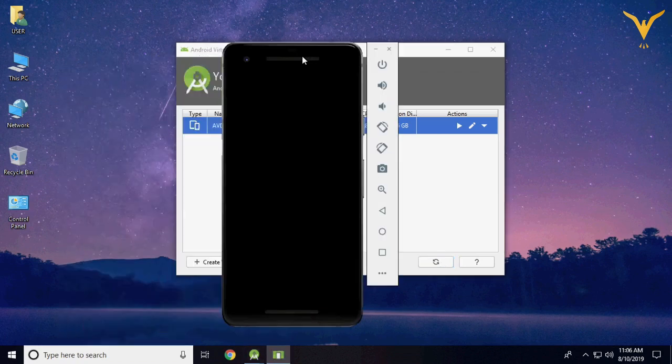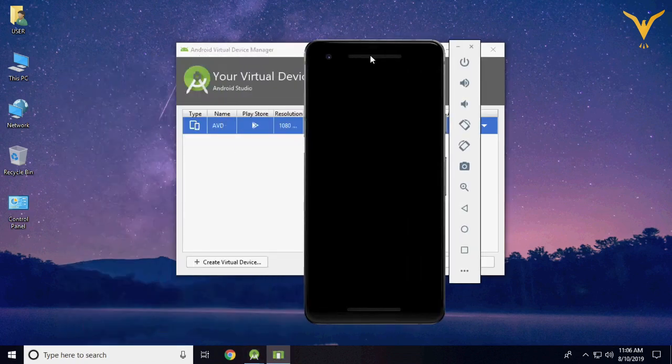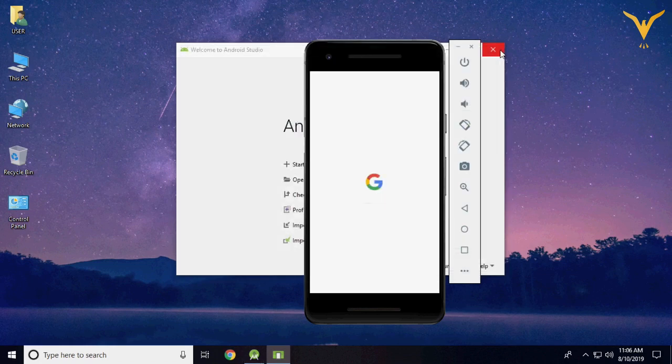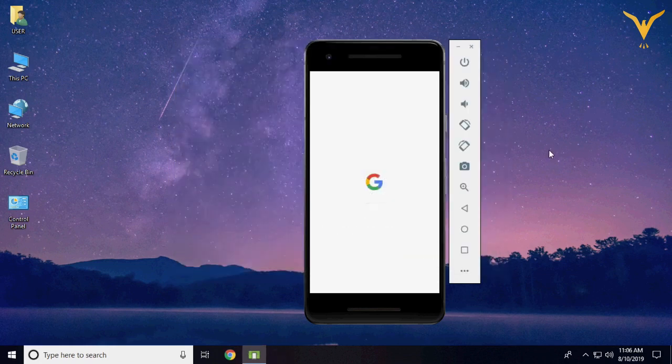Yes, device is loaded completely. It's initializing the setup. So till setup gets completed, we'll close this as well.